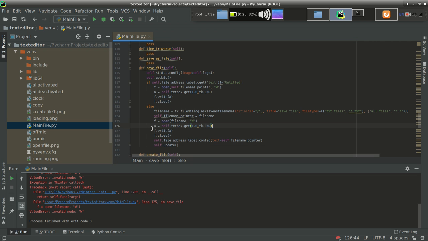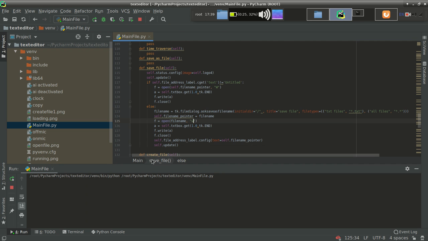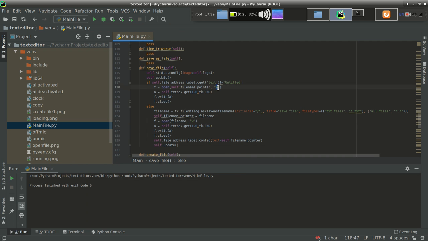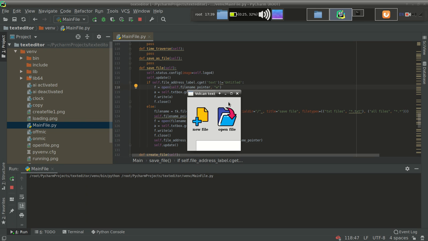Let's verify. File name w. No, I think it should be small w. And same here. Let's make the change. Actually the file wasn't saved that time.